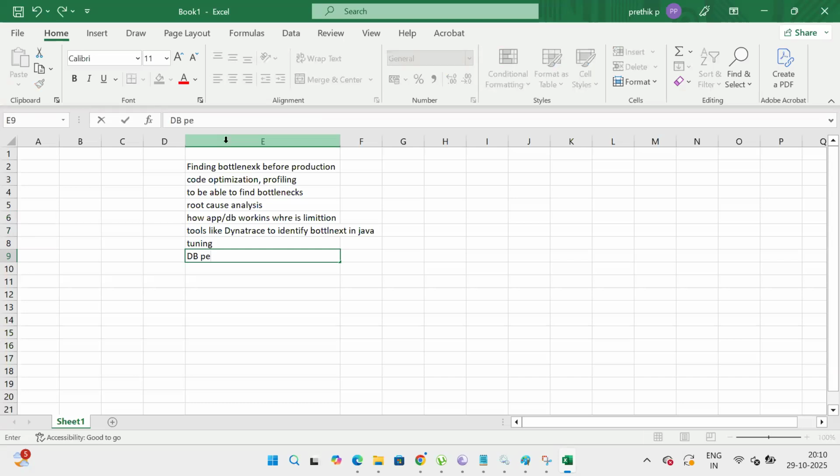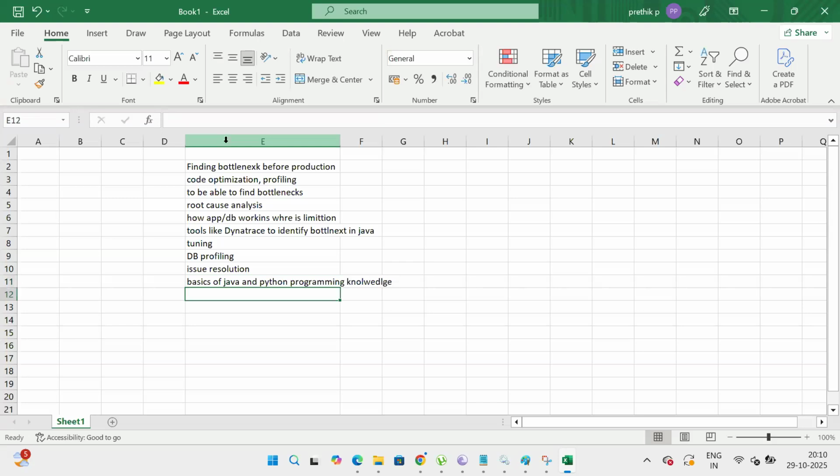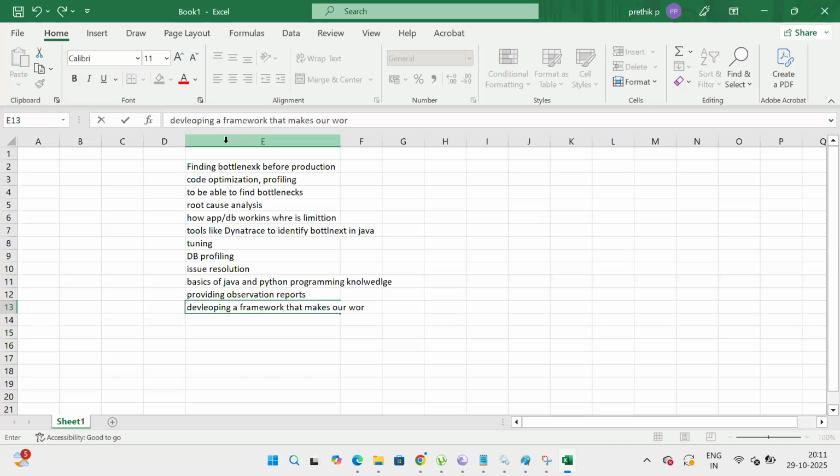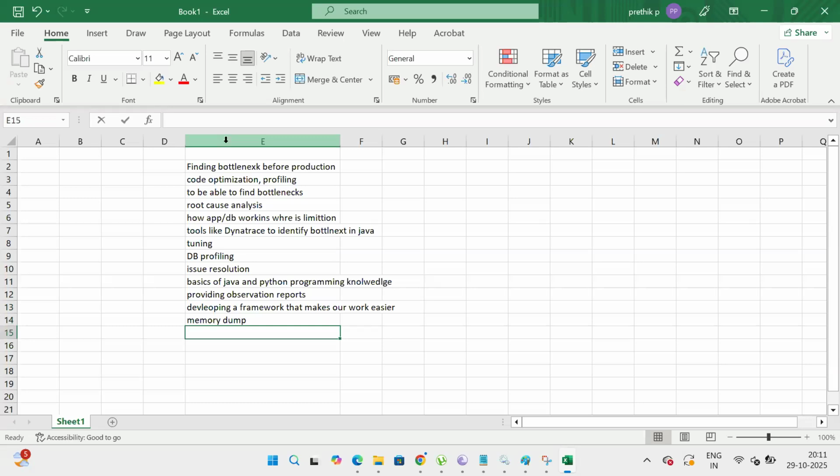DB profiling, okay. Basics of Java and Python programming knowledge, providing observation reports, developing a framework that makes our work easier, memory dump, thread dump, why to do, good.